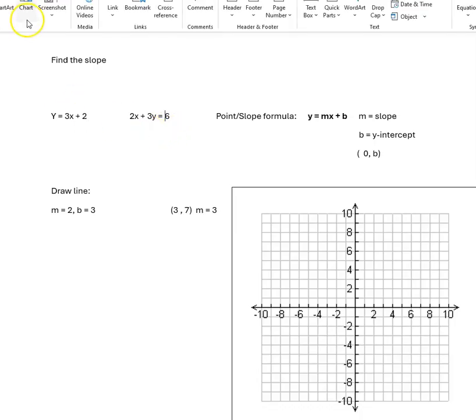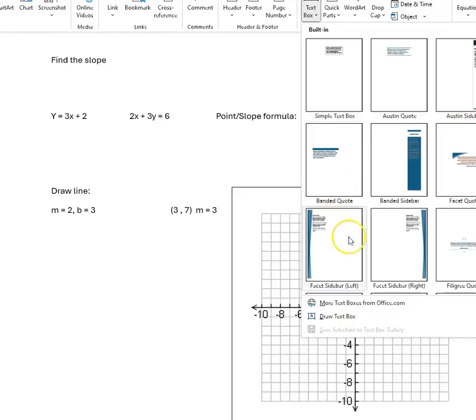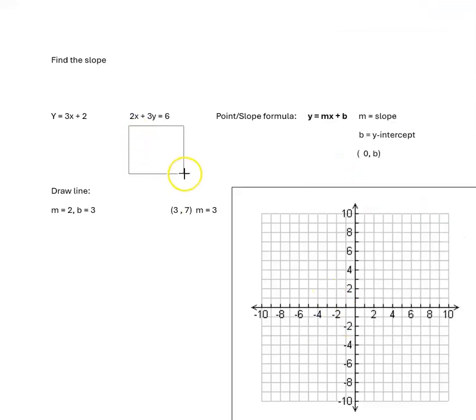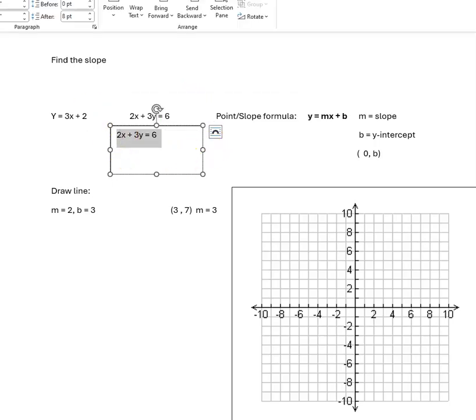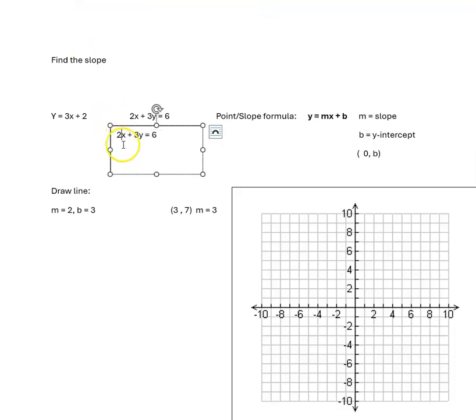Okay, now if I'm given an equation that's not in my nice little format that I like, what I'm going to have to do is solve this for y. Remember what you did earlier when you were solving for y. So I have 2x plus 3y equals 6. First thing I'm going to do is try to get that y all by itself. So if I subtract 2x from both sides,